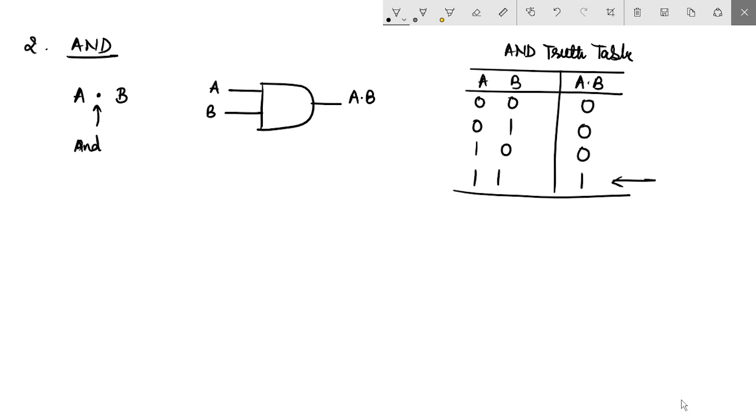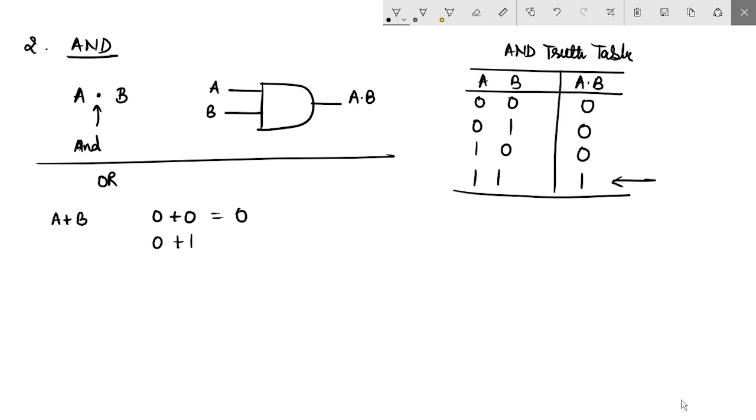Because in an OR case, 0 plus 0, even if I consider this as plus, like mathematical addition, 0 plus 1 is 1, 1 plus 0 is also 1, 1 plus 1, if this was a decimal number, it would have given 2. If this was a binary number, then 1 plus 1 is actually 1 0. Okay, it is not called 10, it is called 1 0 if this was binary addition.